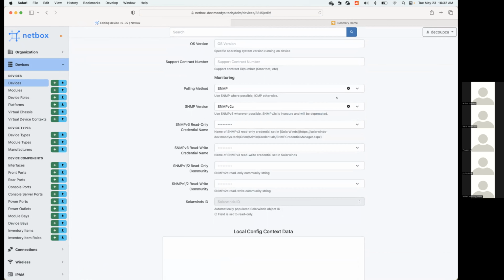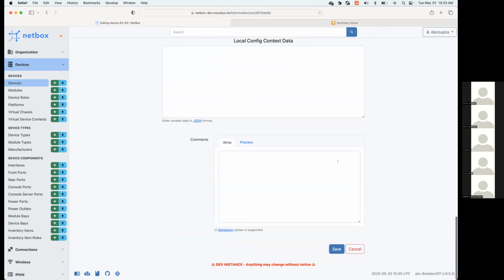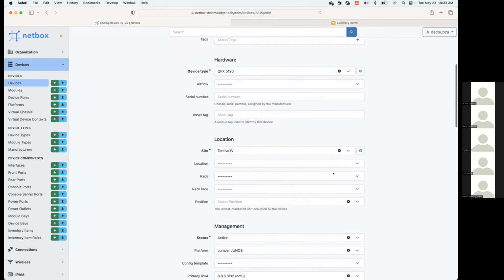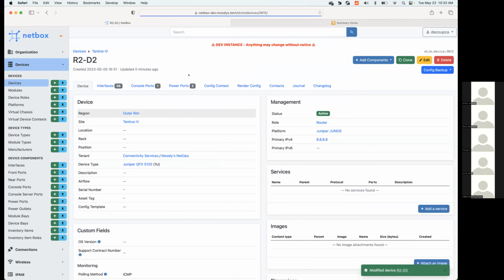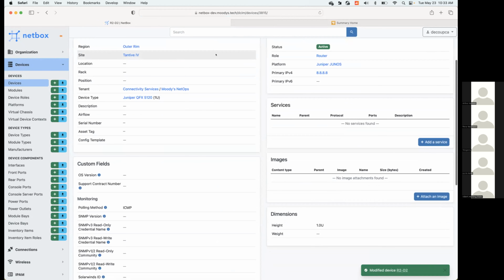Because I have to use Google Public DNS and they don't respond to SNMP, for the sake of node creation here, I'm just going to use ICMP, and we'll play with these in just a minute. So at this point, he is active and he has ICMP. We don't get an error, and in just a minute, if I refresh this page,